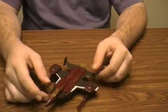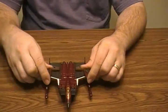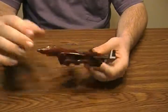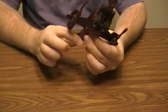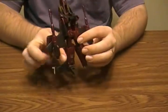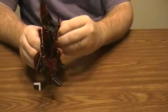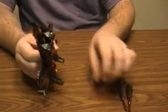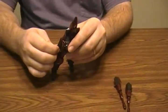Transformation is very similar to, if you've already seen my Dirge review, same style transformation. You take the legs, pull them down and out, separate them, pull the feet down, take the launchers and missiles off. And we're going to do the same thing I did in the Dirge review, is we're going to angle the wings